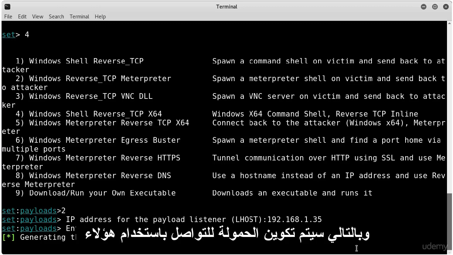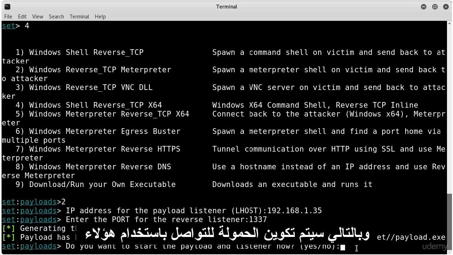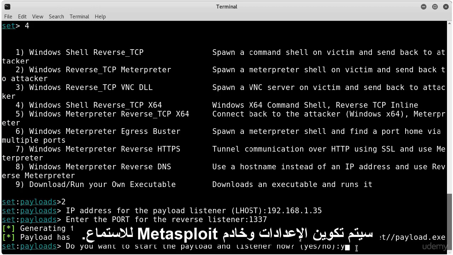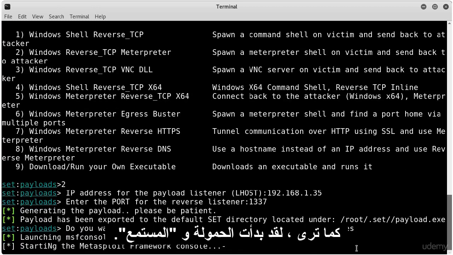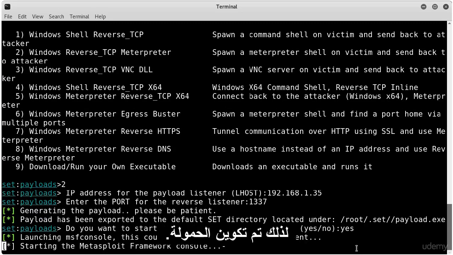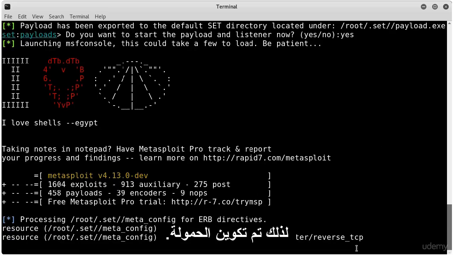So the payload will be configured to communicate utilizing those settings, and the Metasploit server will be configured to listen. So you see I started the payload and the listener. The payload has been configured, the listener is now listening,